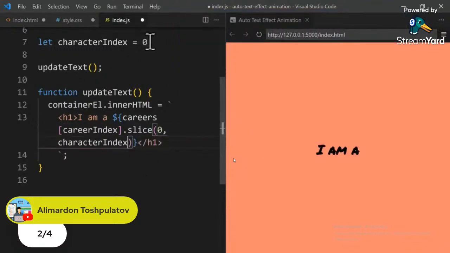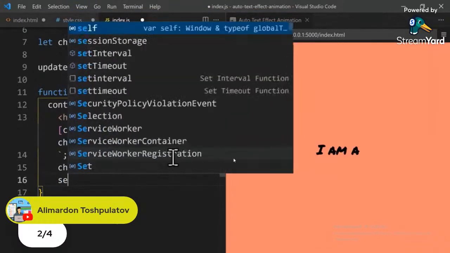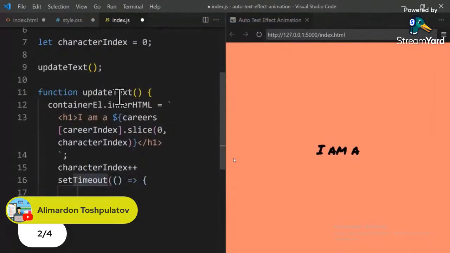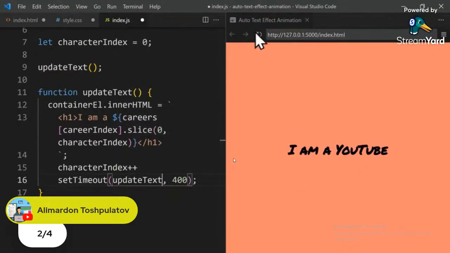So now the index is 0, but we're going to increment it using ++, and we're going to have a set timeout to call this function more than one time after a delay. So for the delay, we just say 400 milliseconds, and we don't need a function because it's just one line of function. We just write down update text, that is enough. So now you can see that when we refresh the page, the YouTube starts typing to the end, but we don't get the next